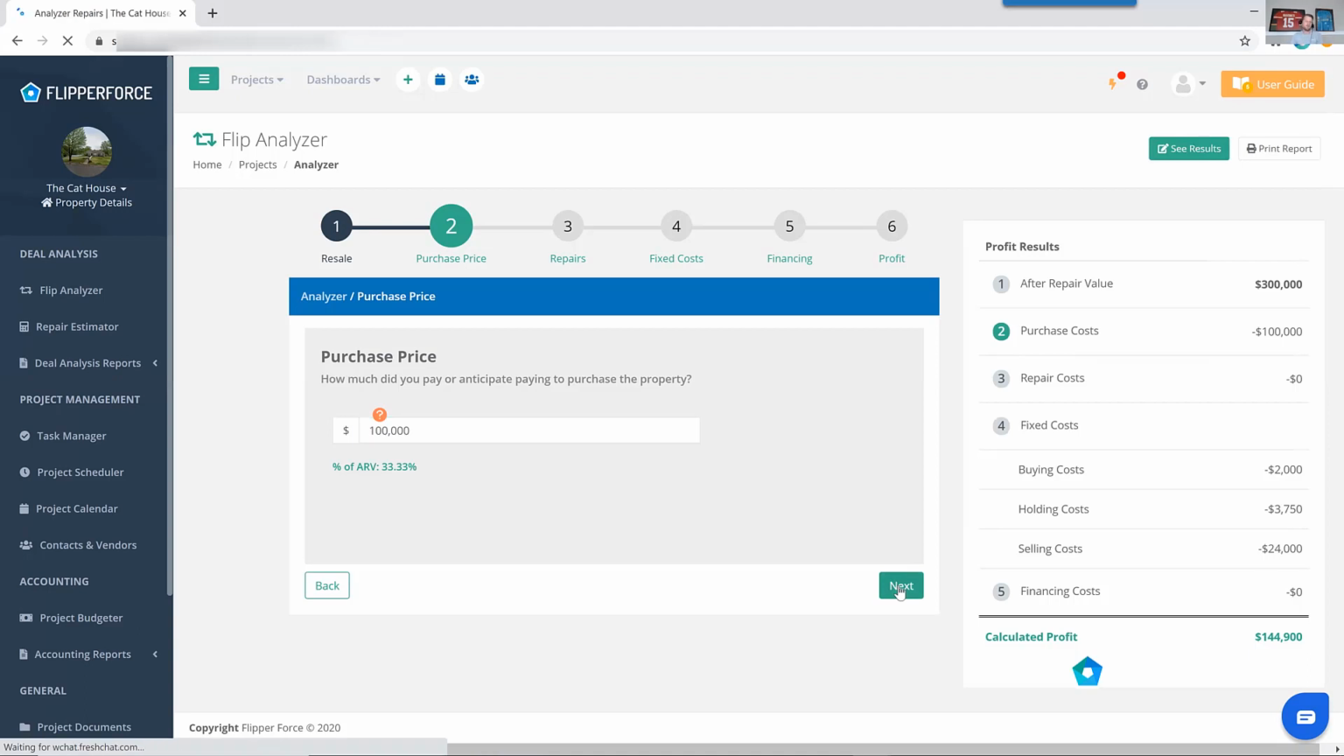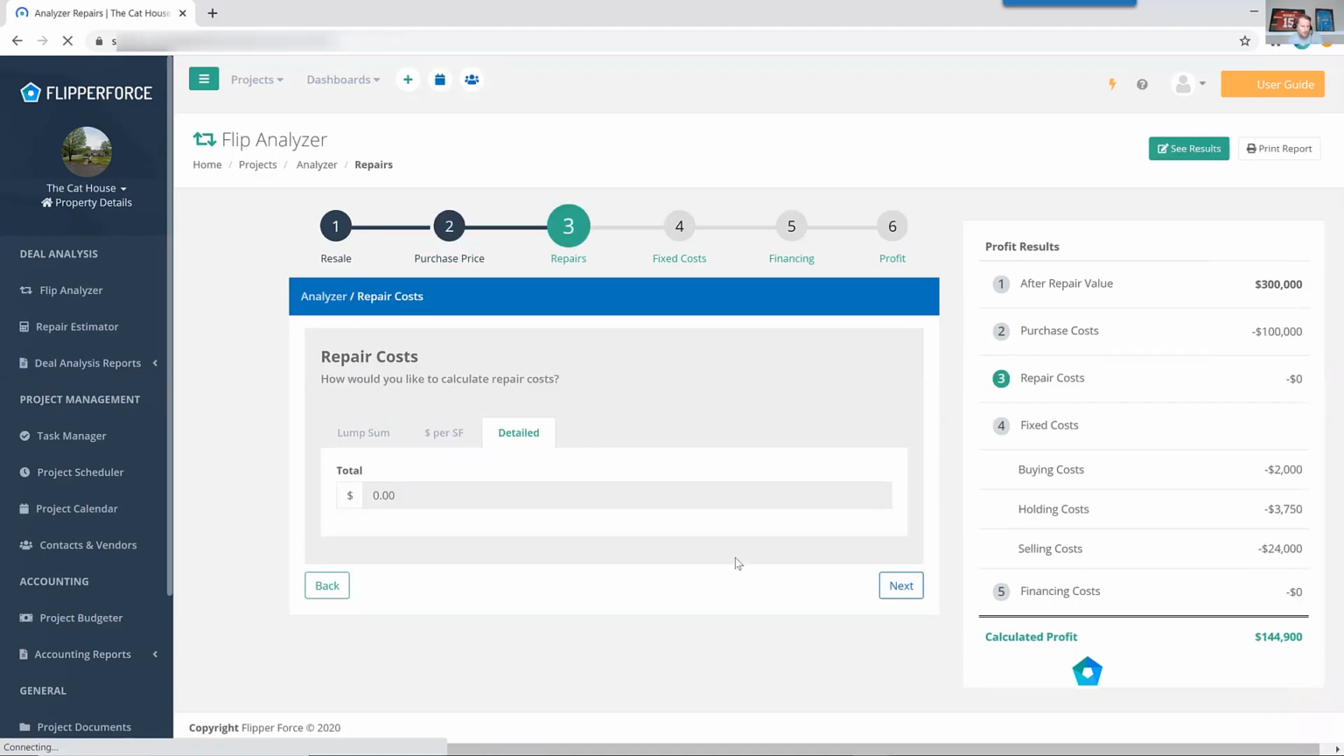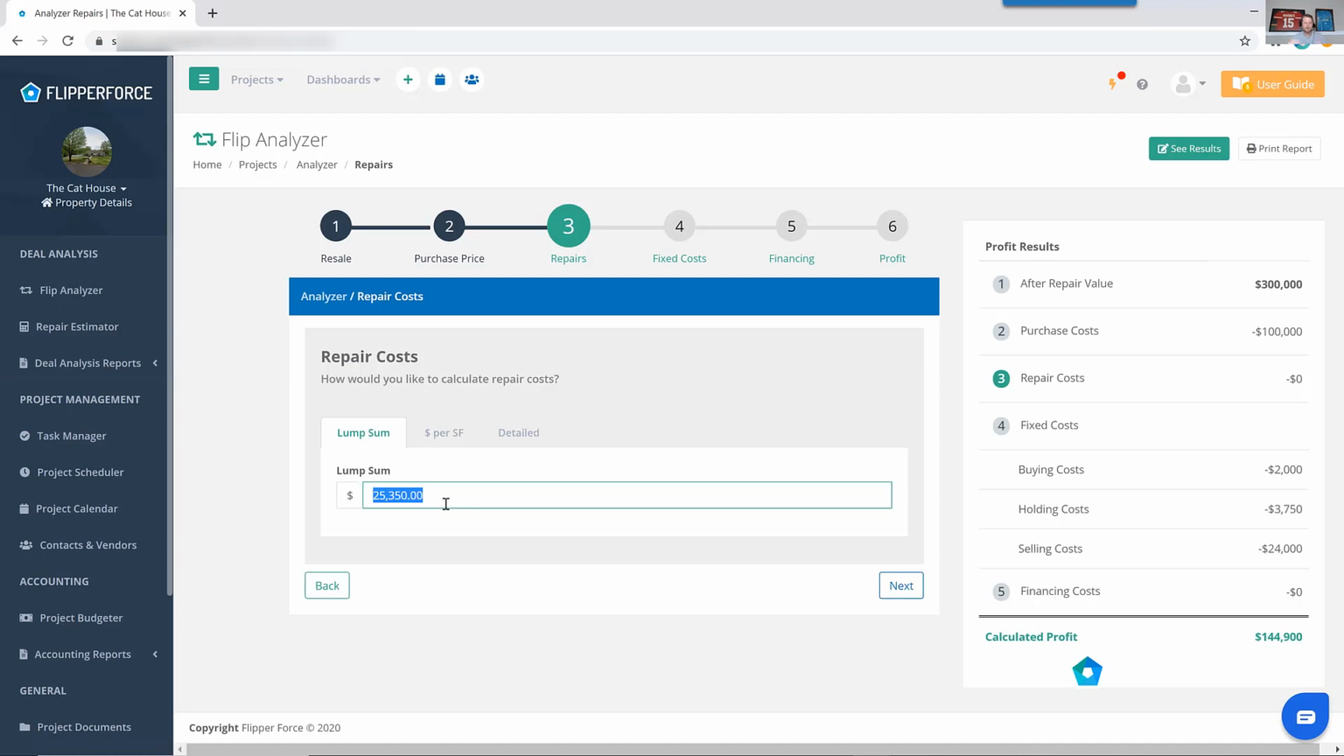The next step is going to be the repair costs. So we've got a couple different options for you. You've got some quick options as well as detailed options. So the quick options basically allow you to quickly plug in a lump sum amount. So, for example, if you've got some experience under your belt and, based upon your experience, think that it might cost $50,000 to rehab the property, you could just quickly plug in $50,000